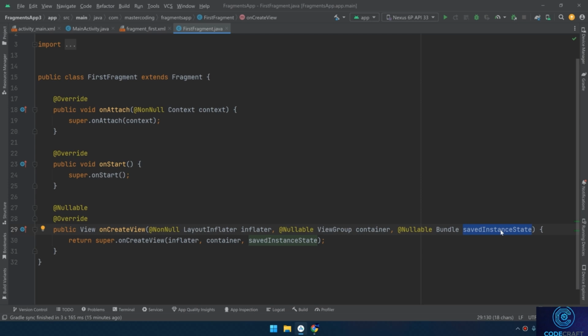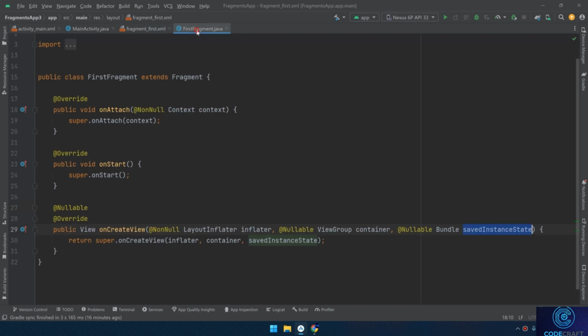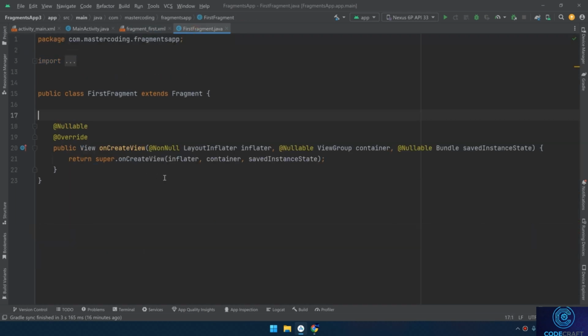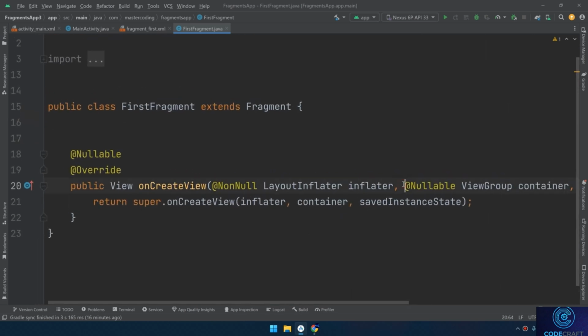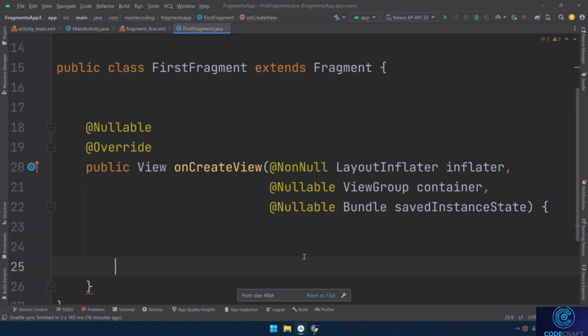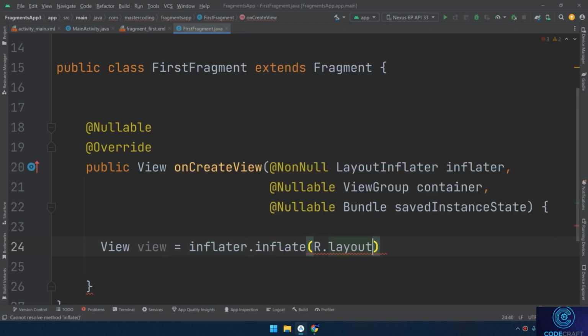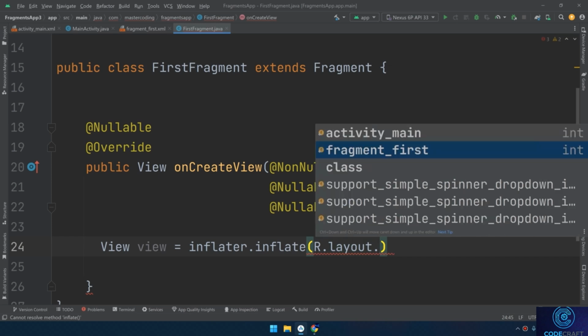which can be useful for restoring the fragment's state. Since our fragment contains one text view and one button, I need to define them here in the onCreateView method. You can get rid of these other methods. Later on, I'll add the others. But I want you to focus with me here. The onCreateView is similar to the onCreate method. You define the UI elements here. I'll start by View view equals inflater.inflate(R.layout.fragment_first,